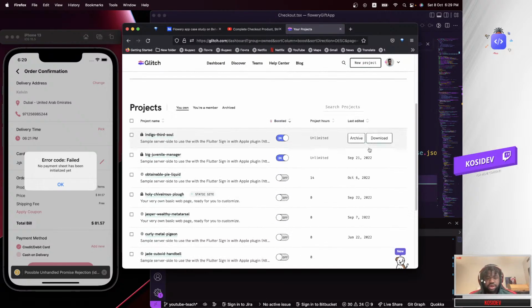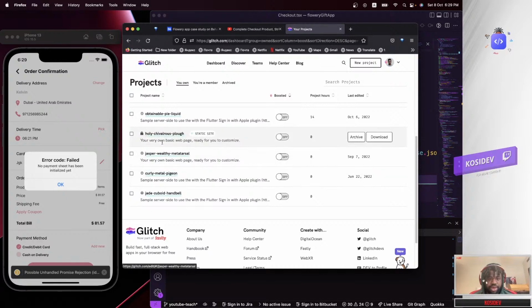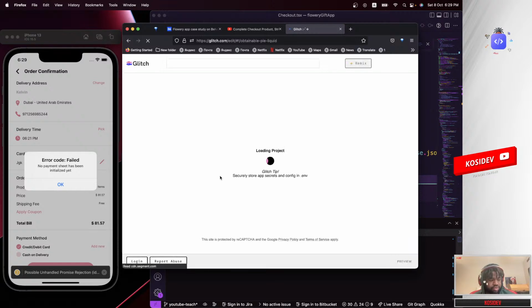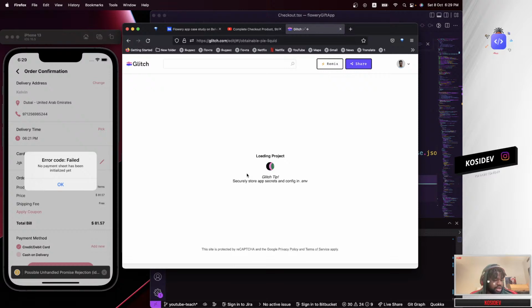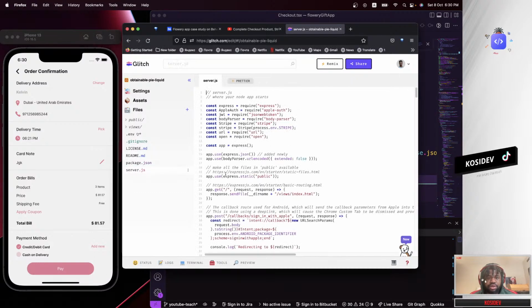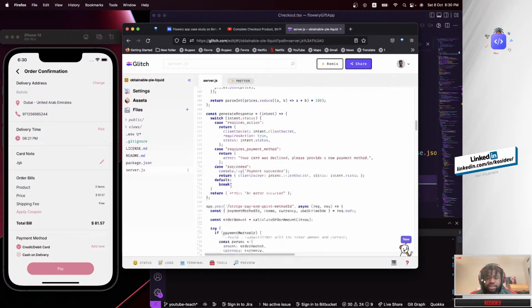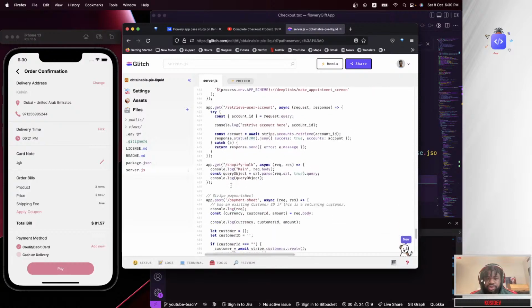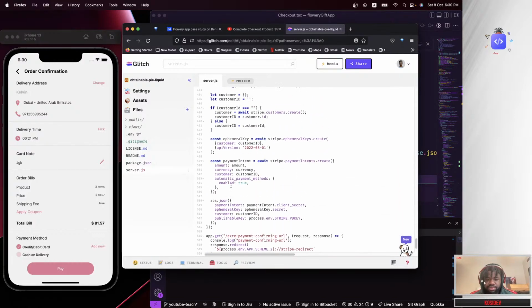So there we go. I need to head over to the backend that we are currently using, which is obtainable Pi liquid, which I said is open and available to you guys if you want to follow the backend and use it on your own project. So you can do that. Click on the server, right here down below, where we created an API using Node.js. So in our Node.js backend, which is basically this.